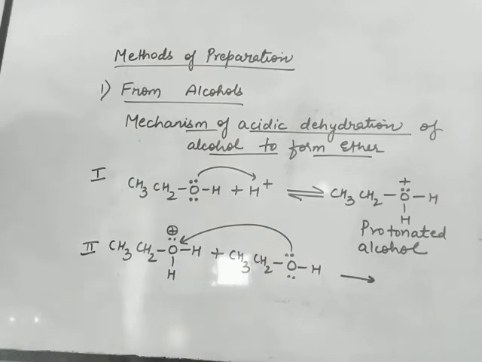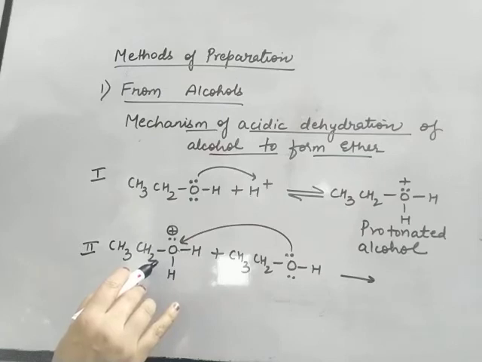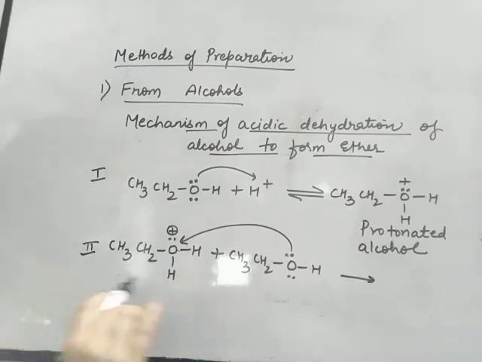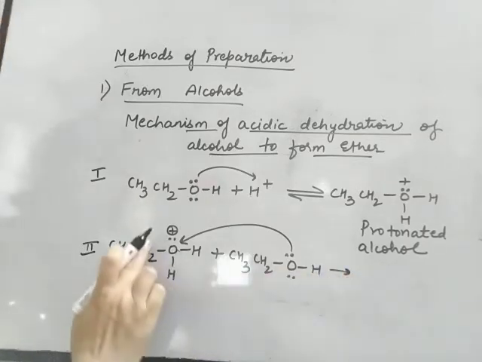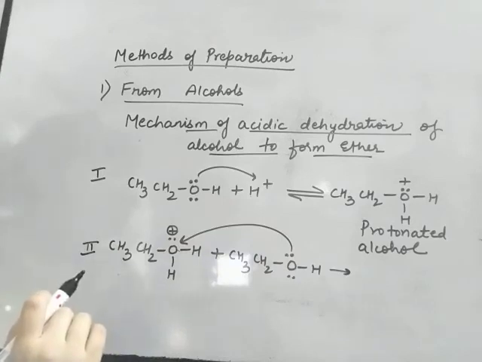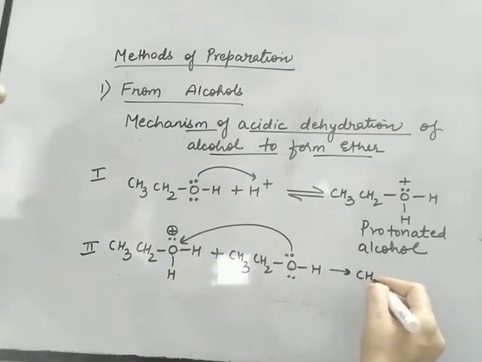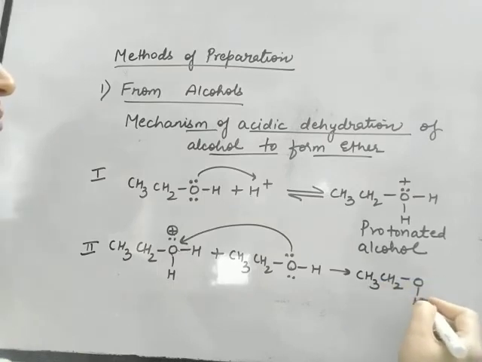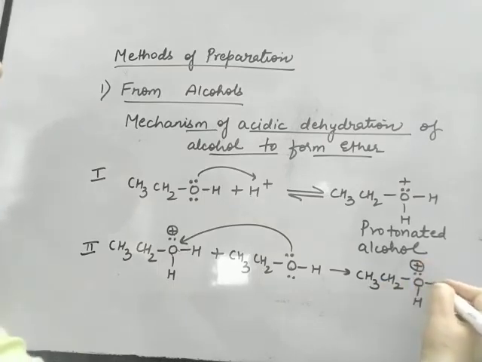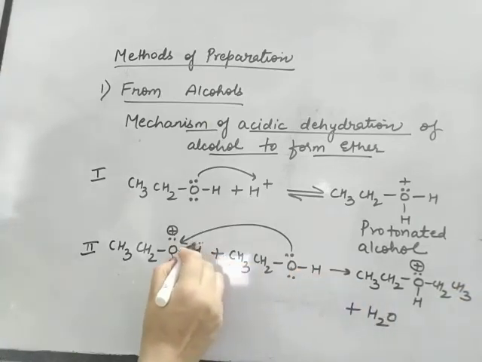Now this water molecule will be removed, because now this oxygen atom is getting one lone pair. So the lone pairs of oxygen are now complete. Water is removed as a byproduct, and in turn this positive charge will come on this oxygen. This lone pair will be acquired by this oxygen atom, and in turn the positive charge will come on this oxygen atom. So I will get this compound, plus water is removed.